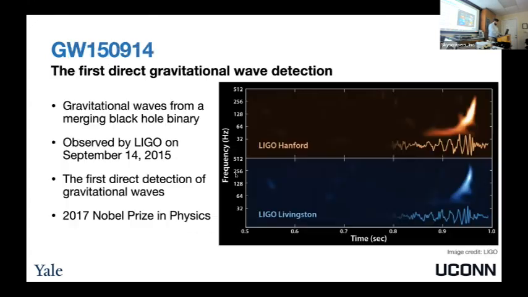So, as Steve mentioned, the first time that we detected gravitational waves directly was about 9 years ago now, in 2015. LIGO in Hanford and Livingston, Louisiana, detected gravitational waves passing through the Earth, and these were determined to come from a merging black hole binary. This is not a supermassive black hole binary. This was a more stellar mass type binary, so the masses of the black holes were comparable to the mass of our own sun. But this was amazing.